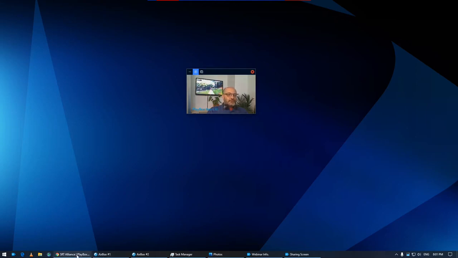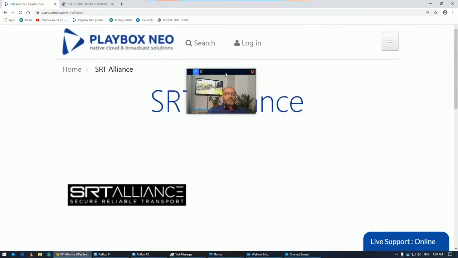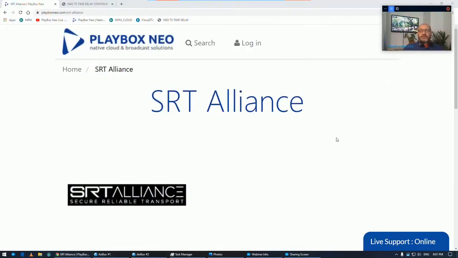First, let me start with the Secure Reliable Transport Protocol. This is something relatively new, and we just released a version that supports this. If you need this workflow, please talk to your sales rep and our support engineers, and they'll get you going with this workflow. PlayBox Neo is a partner in the SRT Alliance, and SRT